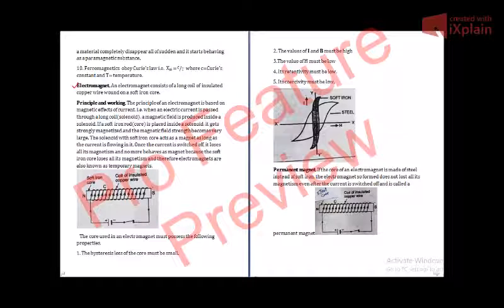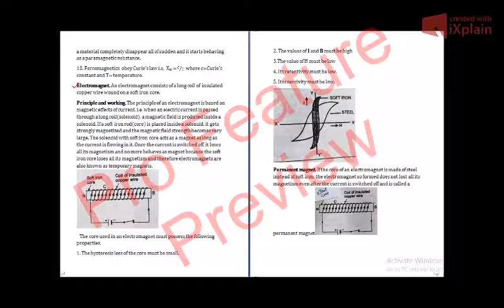Now permanent magnets. If the core of an electromagnet is made of steel instead of soft iron, the magnet so formed does not lose all its magnetism even after the current is switched off. As in the case of an electromagnet, once the current is switched off, it loses all its magnetism.